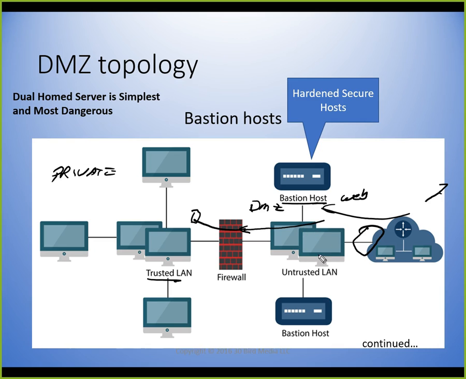We have this semi-secure area out here. It says it's untrusted. This is going to be a secure area back here. We hope it's secure anyway. And then we'll have maybe semi-secure back here, so that everybody can get to some of the resources on the network to allow them to do those things. And the Bastion hosts are the